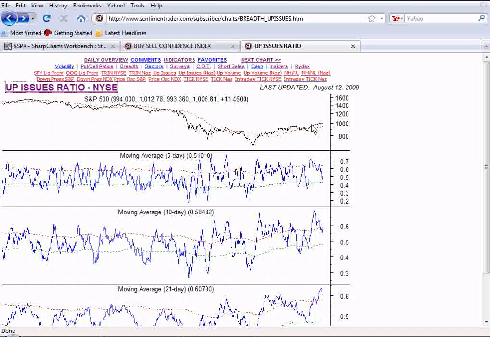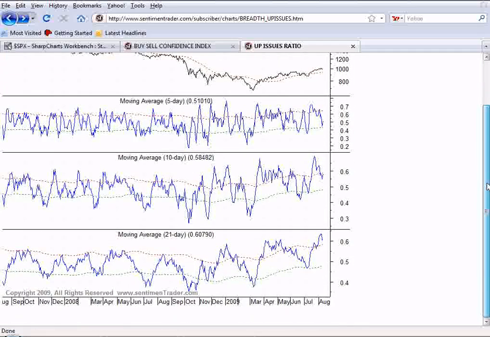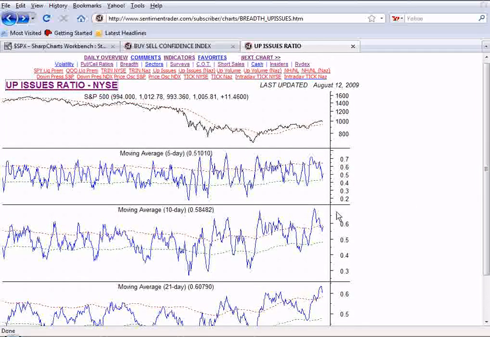In this case, the market has continued to trend higher over the last several weeks. But if you look at the 5, 10, 21-day averages of the up issues ratio, you can see a pretty strong tailing off or downward slope of that. So that means that the participation, or stocks that are able to close up on the day, has been waning over the last couple weeks, indicating there's somewhat of a